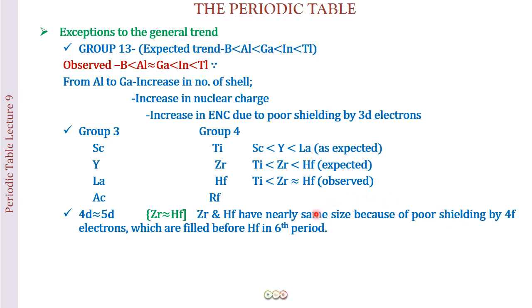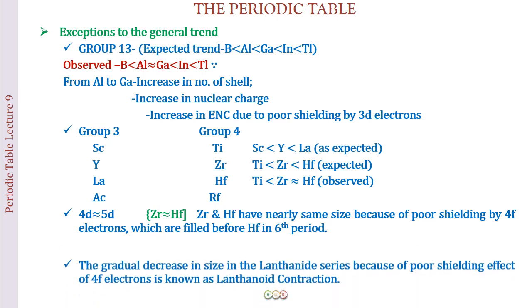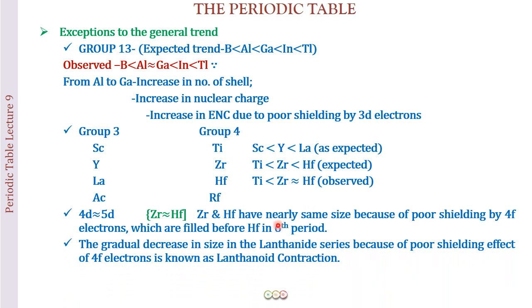So whatever was the increase in size because of the increase in number of shells has been compensated by the increase in effective nuclear charge. Okay, so there is a gradual decrease from zirconium to hafnium, and this is called lanthanide contraction,